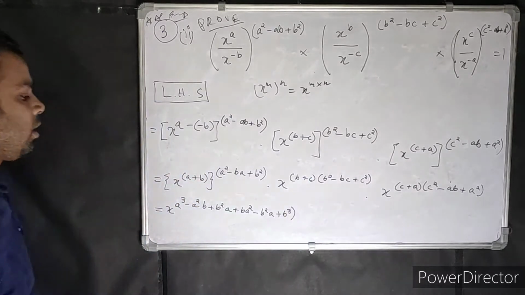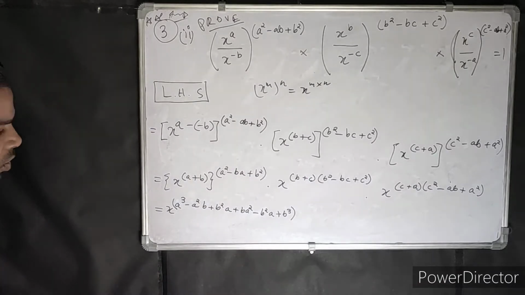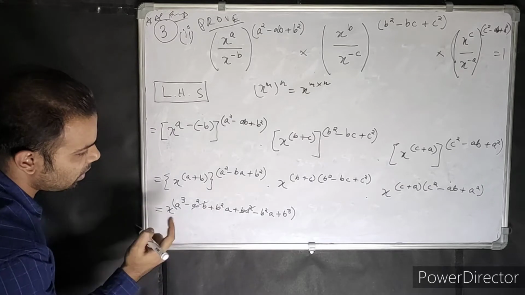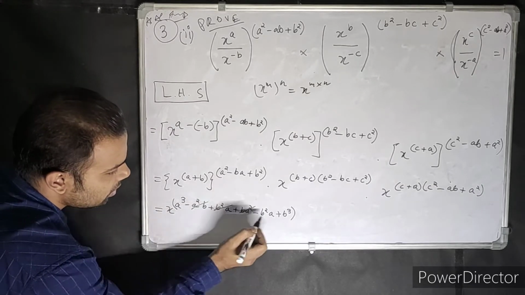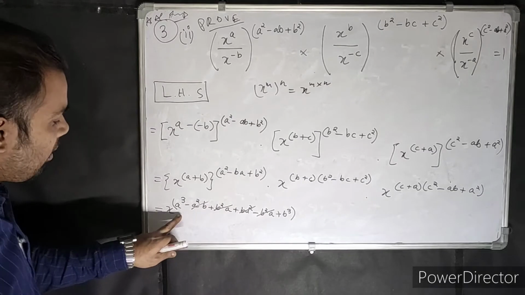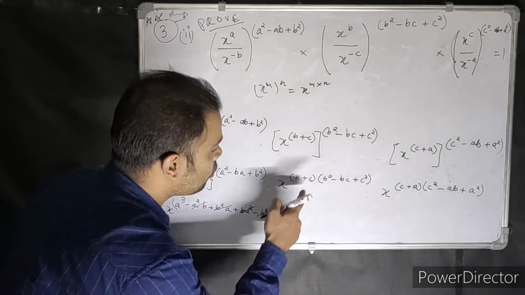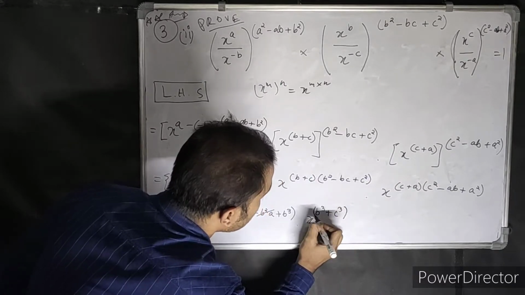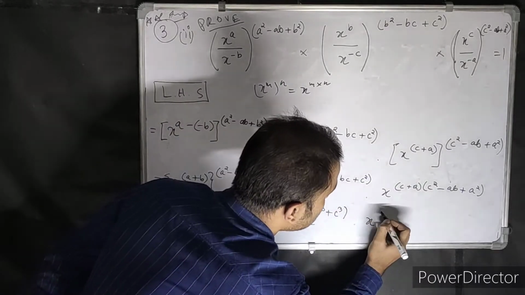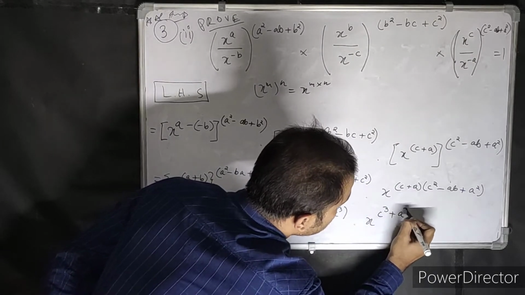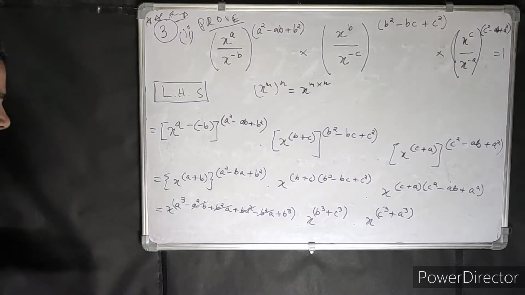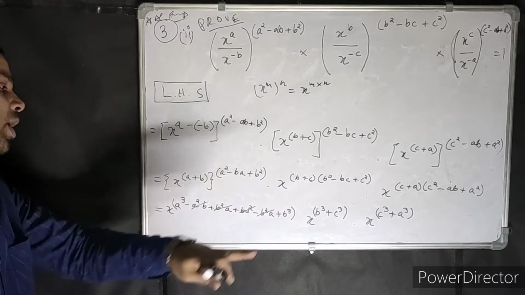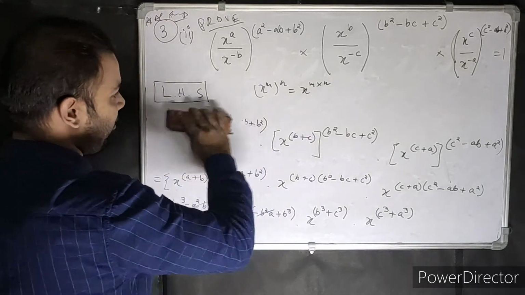Look at this. Let's cancel out what's cancelling. Minus a square b and plus a square b get cancelled out, and so do the b square a terms. You're left with a cube plus b cube. So you know now what you're going to get over here: b cube plus c cube. Now don't multiply over here also. And x to the power c cube plus a cube. Just understand the first one. In the exam, if you know what the formula is, just go ahead and write a cube plus b cube. You don't even have to show the multiplication.